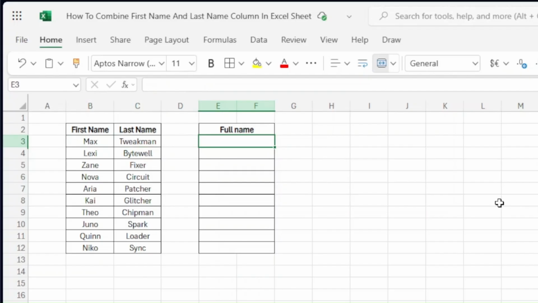Then we have another table right over here, which is the full name table. You can see I have already merged two columns right over here, but manually entering the names will take a lot of time if you have hundreds or 200s of names. So in this case, you can use a simple formula to combine these two names and create a merged cell like this one. I'm going to select the first block and click on the equal button on my keyboard,